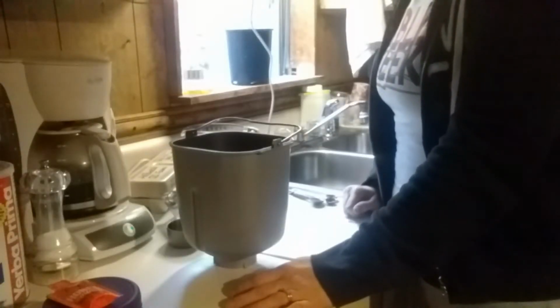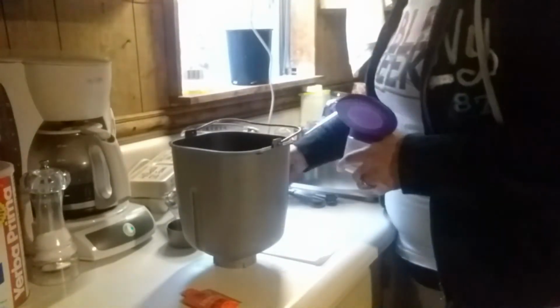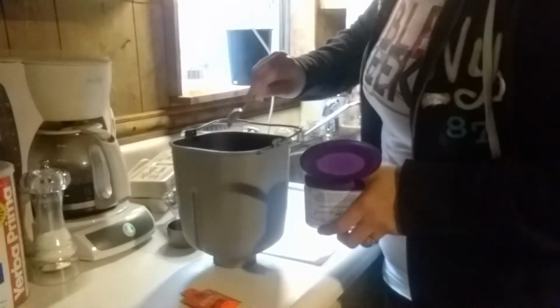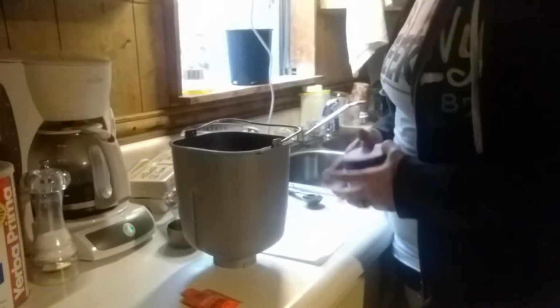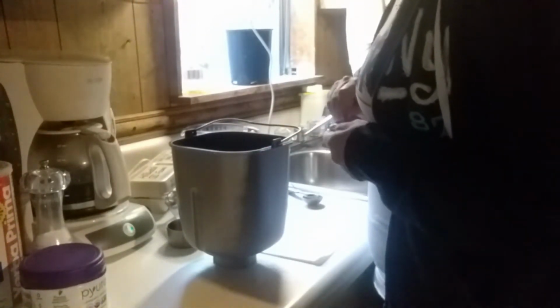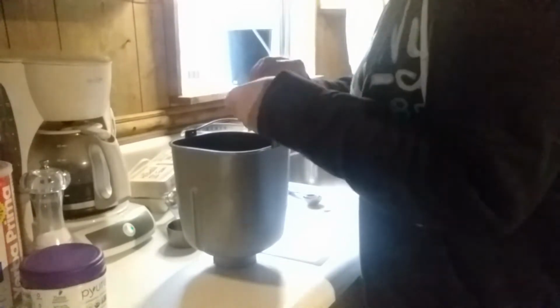a half teaspoon of salt, and I'm using sea salt. I'm going to do 1 teaspoon of stevia, and then I'm going to add a tablespoon of honey,